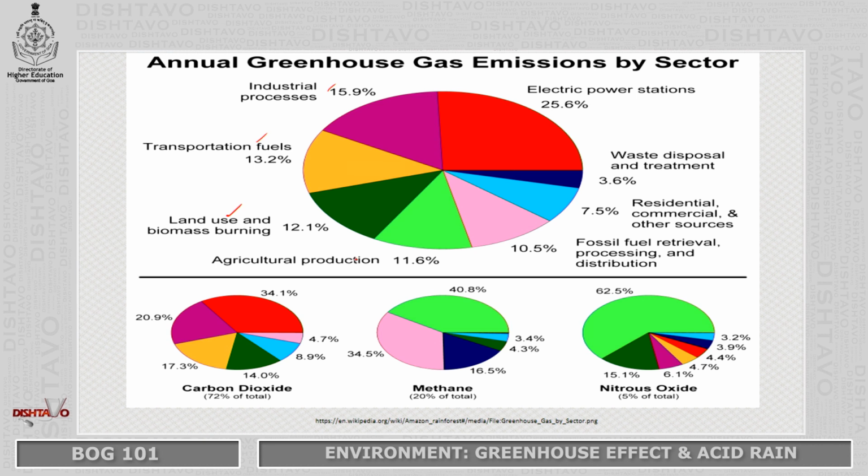Even agricultural production gives up emissions. We have fossil fuels that we are using, they are giving so much emissions. We have wrong ways of disposal of our waste. We are not treating our waste properly. Once again, there is a lot of emission, especially in waste disposal. We have methane, which is a dangerous gas. Even in order to run our electric power stations, there is a lot of emission that is released into the